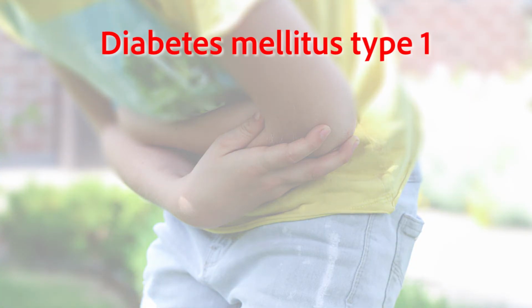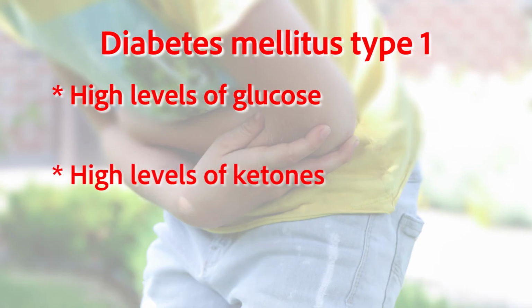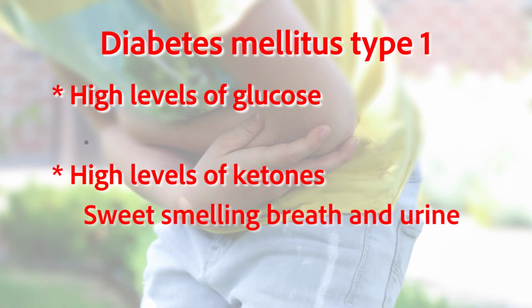I didn't really expect you to be able to answer this one, but just thinking about it will help you remember a safety issue regarding the presenting complaint of type 1 diabetes. In that condition, the child or young adult is going to have very high levels of glucose in their system, and they're going to have very high levels of ketones in their blood as well. The ketones are sweet-smelling, so the person with high levels of ketones will have sweet-smelling, fruity breath and sweet-smelling, fruity urine.